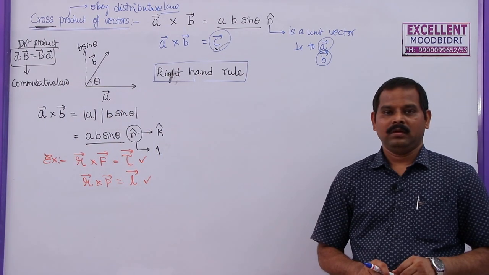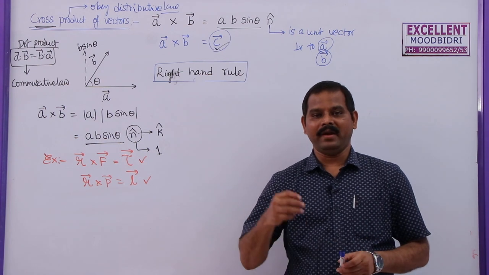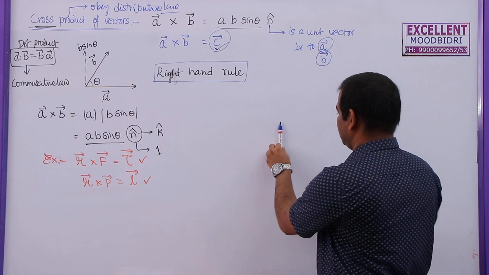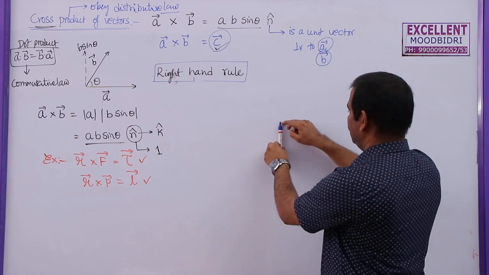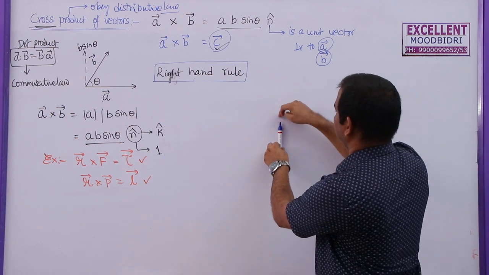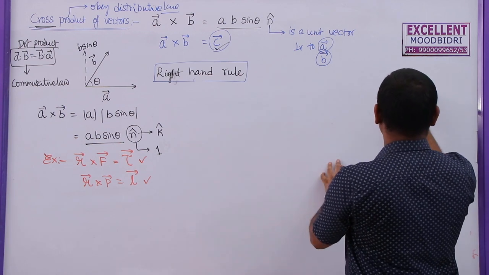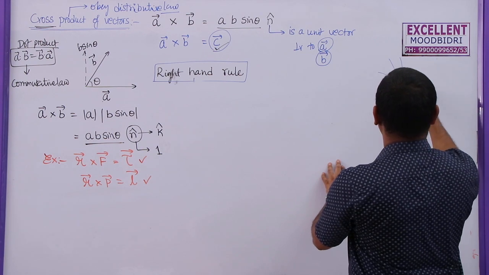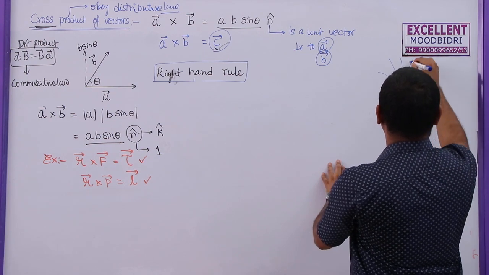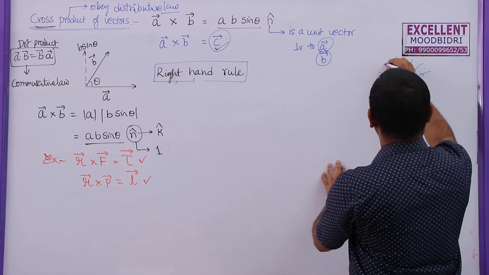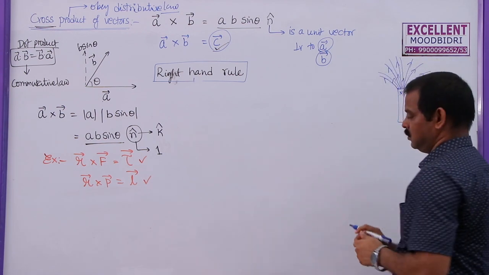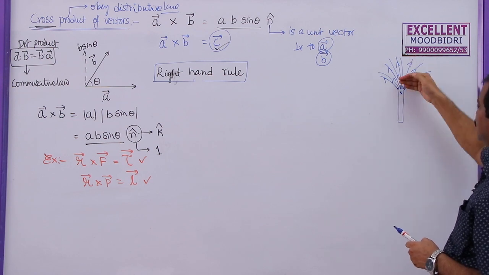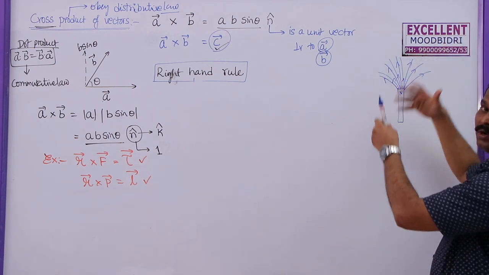Next, you might have studied about magnetic field lines due to a magnet. When a magnet is placed here, north pole like this, south pole like this, so you can draw magnetic lines in this direction. So this is a magnet, and these are the magnetic field lines which are starting from north pole and moving outwards from a magnet. Now, these are the magnetic lines in this plane, but lines will come like this also, they will travel in the space.